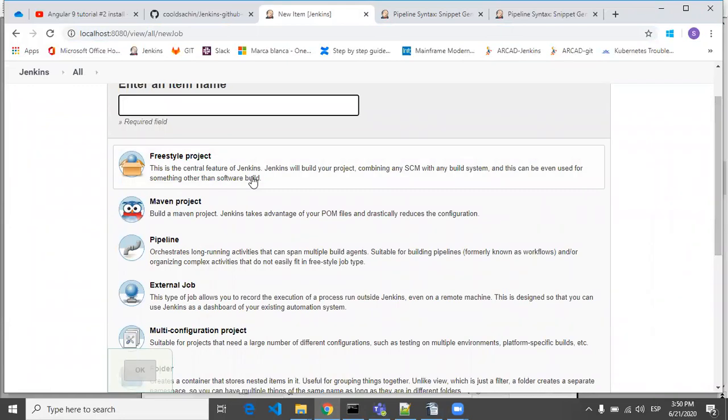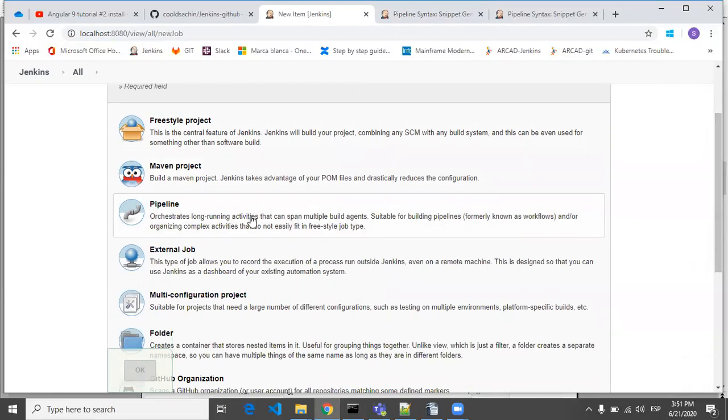A freestyle project doesn't involve any pipeline code or any complexity. You just have to create it and give the list of commands to execute your job. Okay, Maven project, if you are having a Maven project, then you can build your Maven project inside this Maven project step. Then we have a pipeline.